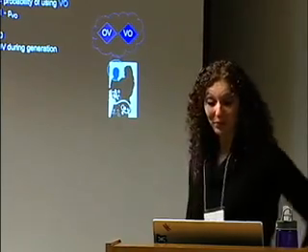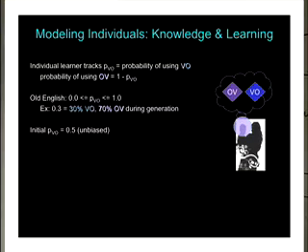No, that's true. But anyway, in this case, the individual learning model is really simple. It's tracking one probability: the probability of using object-verb or verb-object order. That's the thing it's trying to learn. It's a value that ranges over the full probability range between 0 and 1. So if you have a value of 0.3, that means that 30% of the time, when you generate an utterance unconsciously, you're picking the verb-object order, and 70% of the time, you're picking the object-verb order.